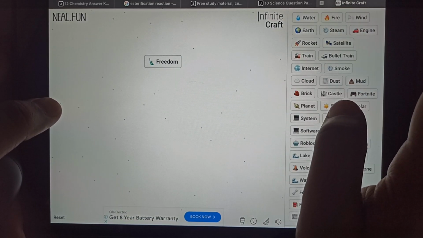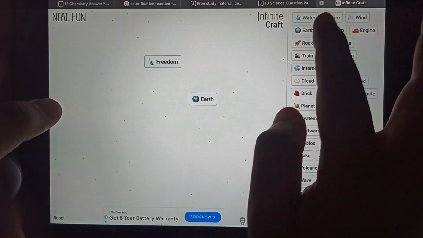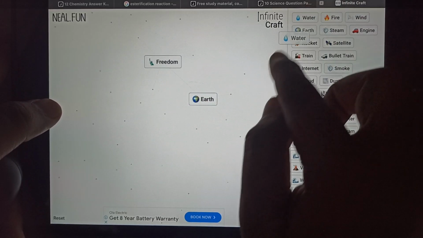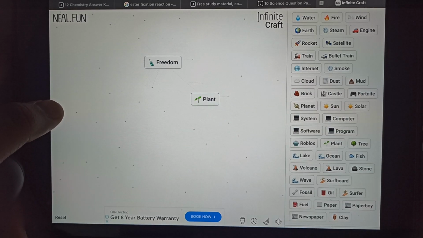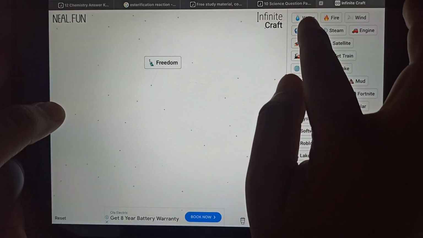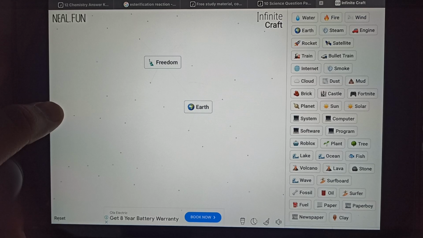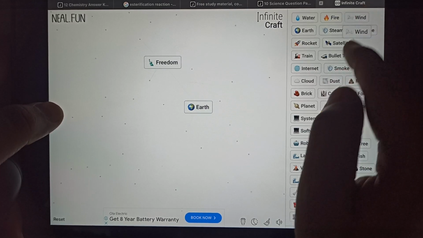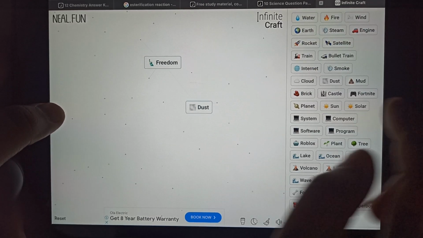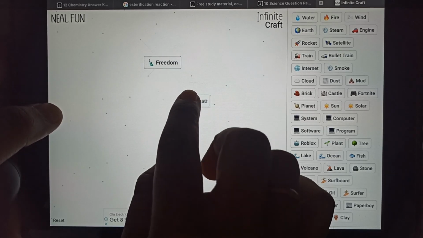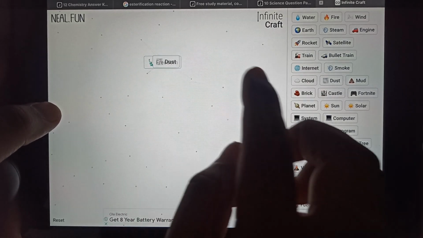Now if you don't have dust, you can create dust here. Just drag earth with water to create, sorry, I just messed up. So you have to use earth plus wind to create dust. And now just combine freedom with dust to create